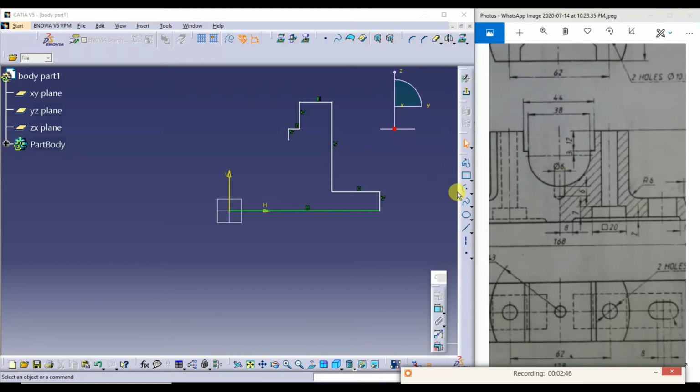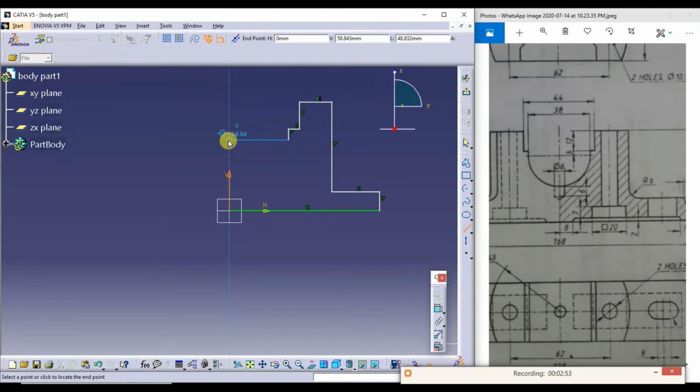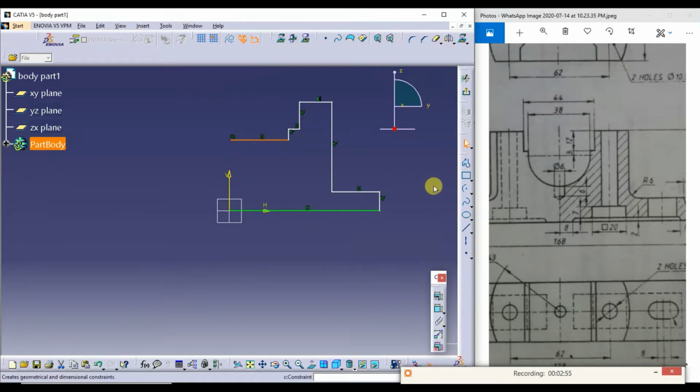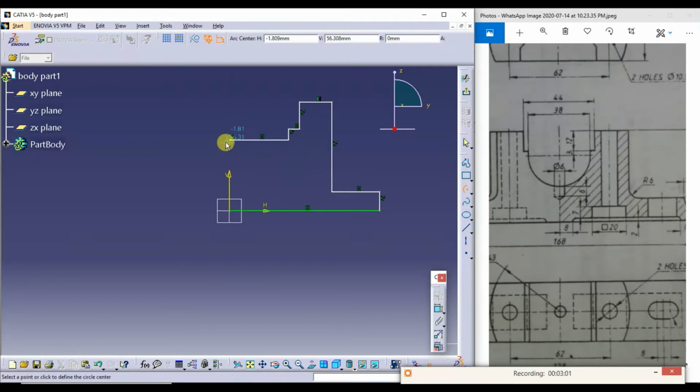So what I do, I'll draw a line, horizontal line till here. Then I'll go for arc command. This is the center of the arc.